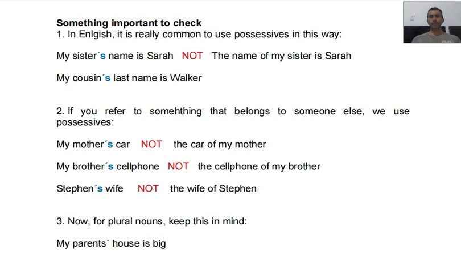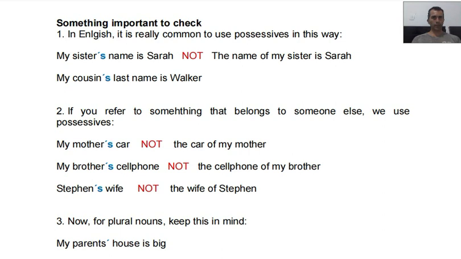Okay? Number two, if you refer to something that belongs to someone else, we use possessives. Si nos referimos a algo que le pertenece a alguien más, utilizamos posesivos. ¿Ok? For example, my mother's car. El carro de mi mamá. No es común decir the car of my mother. Es mucho más apropiado, más cortés, mucho más común utilizar my mother's car, my brother's cell phone,